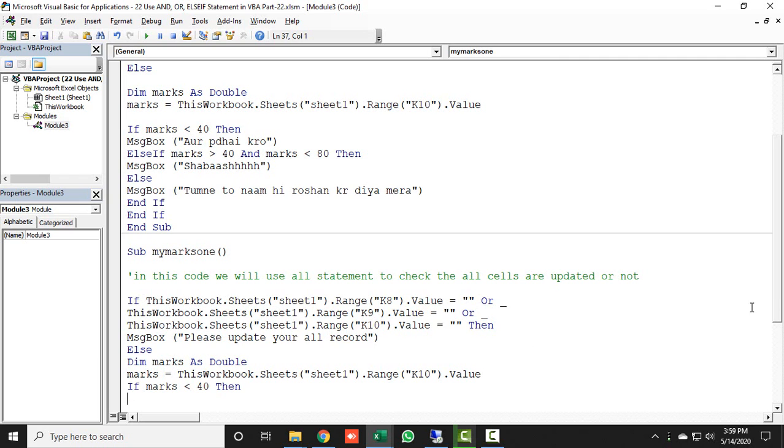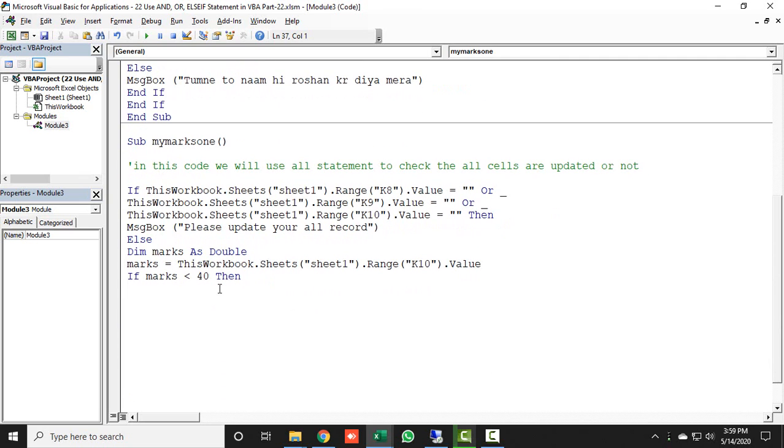Alright, then if marks is less than 40, then generate a message box. Let's just scroll down some, then generate a message box and tell us that you need to do more study.